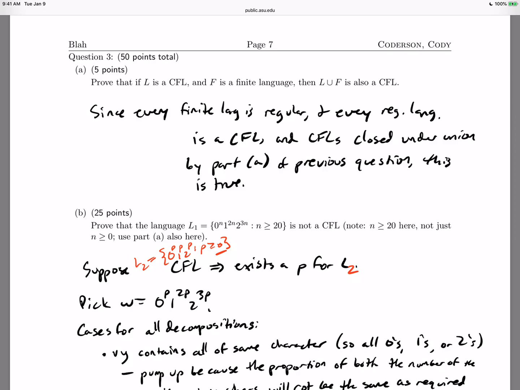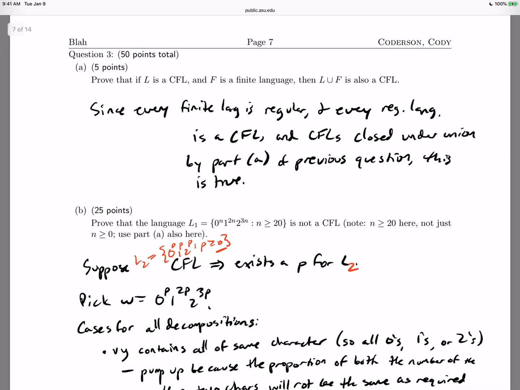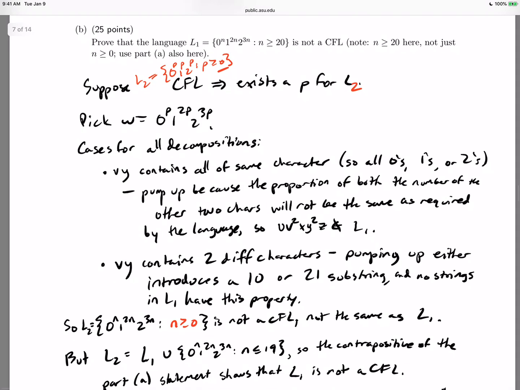Yeah, so what you would do here is you're only adding a finite number of rules. If you just have the start variable make the strings that you want directly, you're only adding finitely many rules, so you're okay there. That's another way you could have gone. So part B,